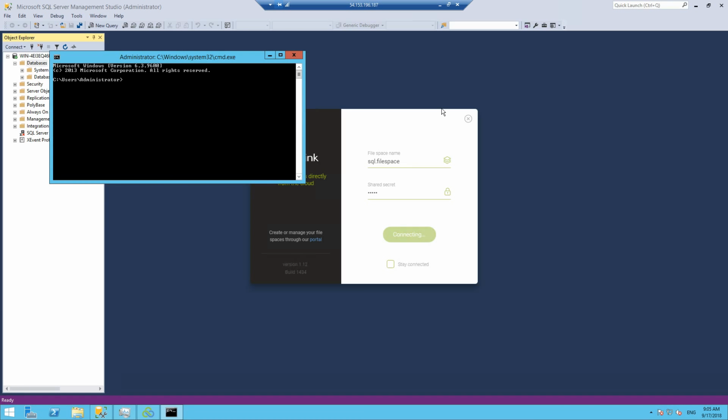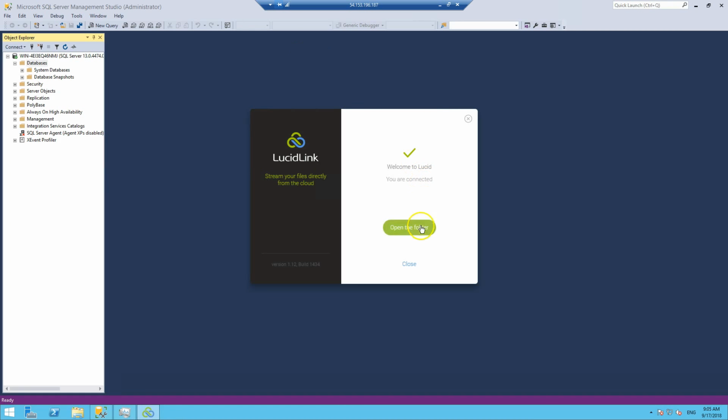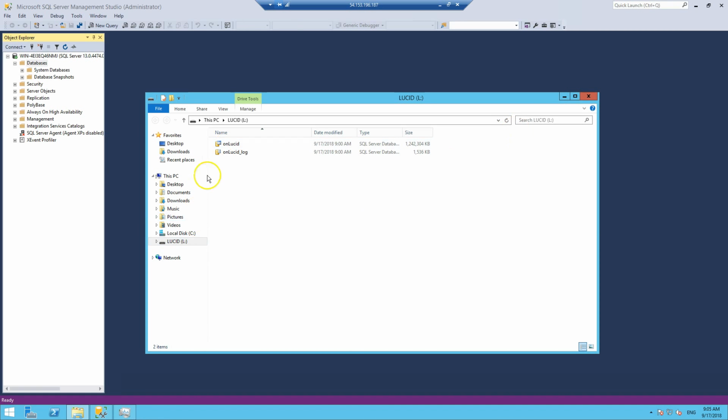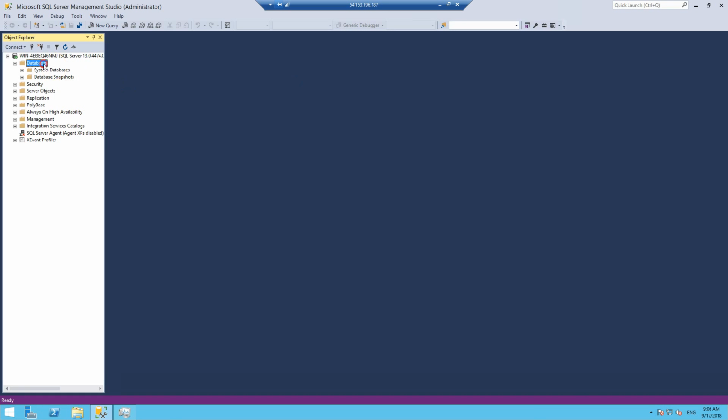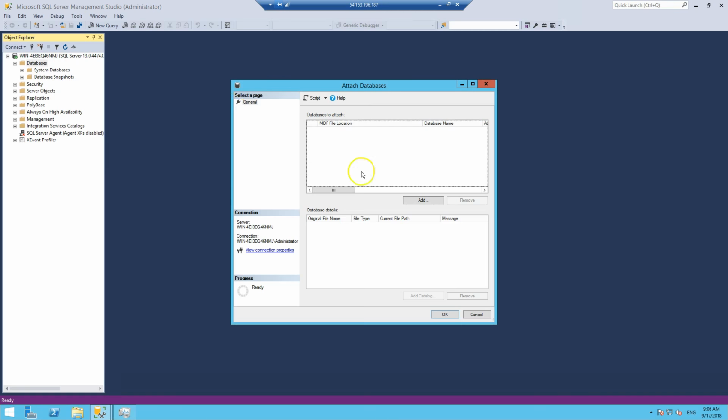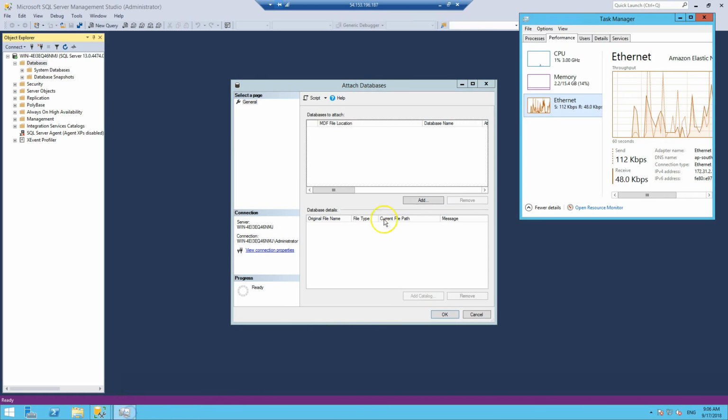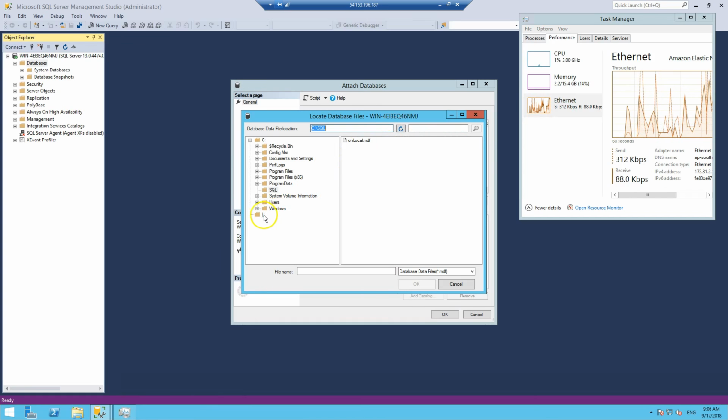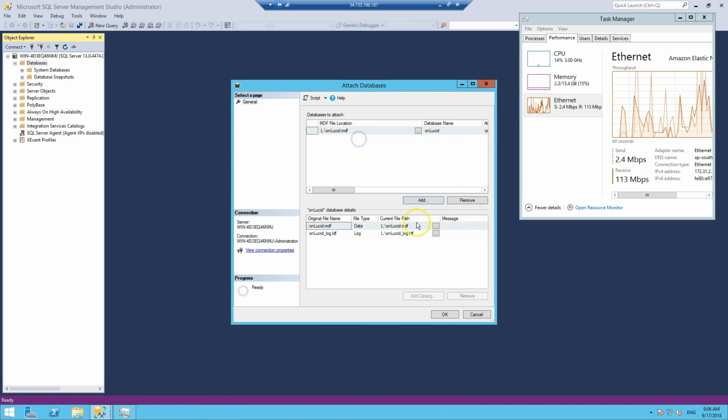Now, when I join this file space, I'm going to mount it to L drive, where my workload is going to be located. So I can see I now have L drive and I have a 1.2 gigabyte database, which actually comprises 10 million records. So I'll close that and I'll attach my database. When I attach my database off L drive,